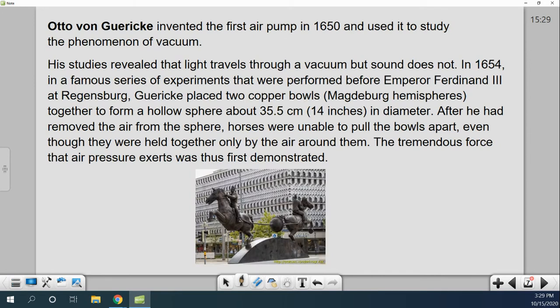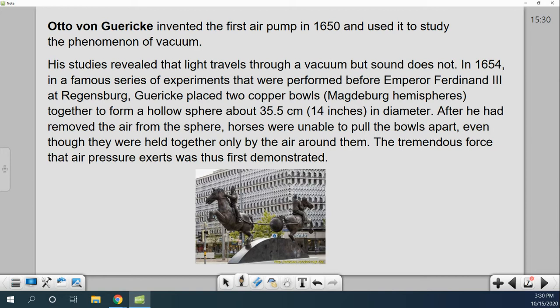Next comes a guy named Otto von Guericke. Now, he invented the first air pump in 1650 and used it to study vacuums. And his studies revealed light travels through a vacuum, but sound does not. And everyone's like, oh, mind blown. And then in 1654, at a famous series of experiments that were performed before Emperor Ferdinand III at Regensburg, Guericke